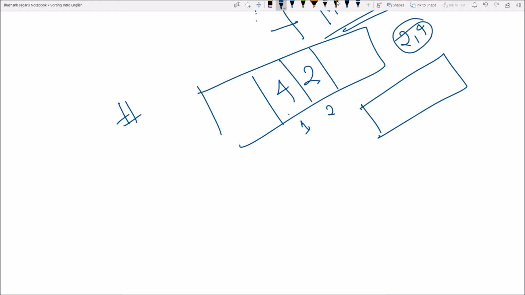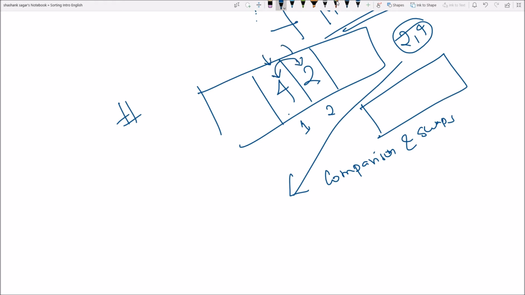To do that, in most sorting algorithms, I will have to do comparison and swap. When I compare the elements at these two indexes, then only I will know that here I have 4, here I have 2, and the element at this index is greater than the element at this index, then I will swap both. So this is what comparison and swapping are.